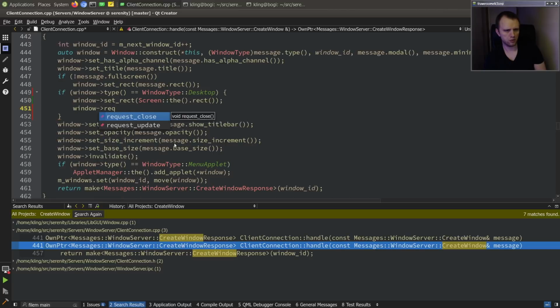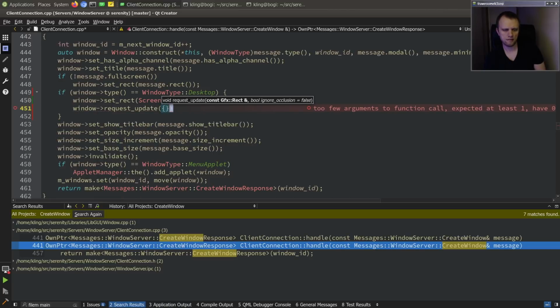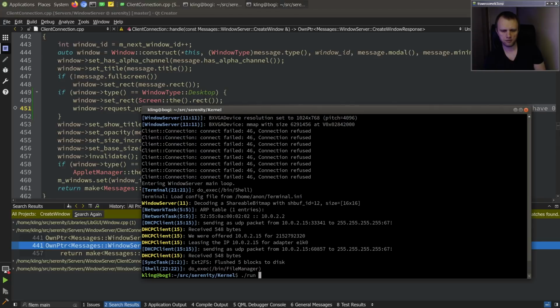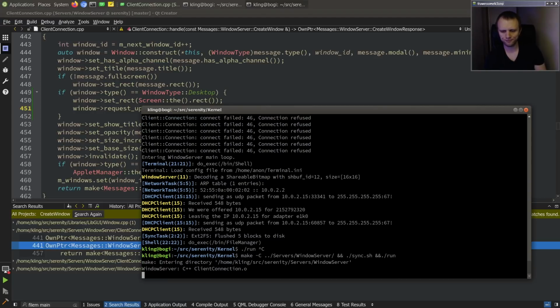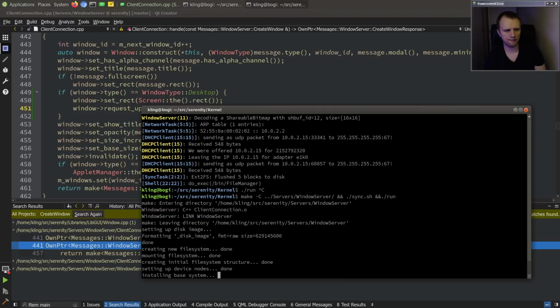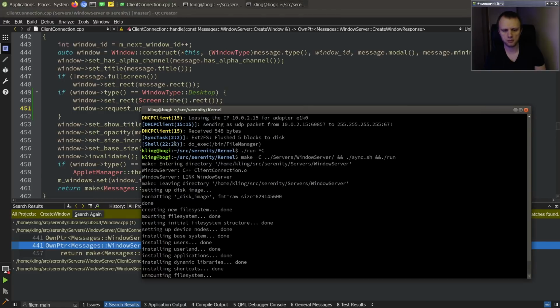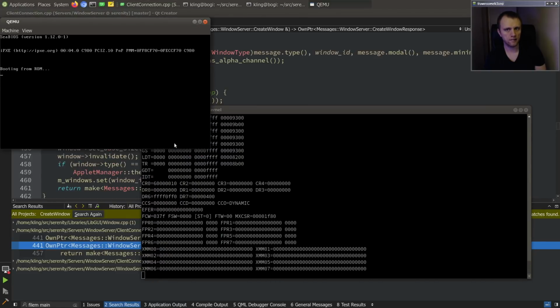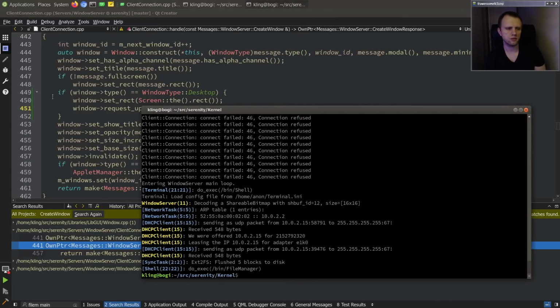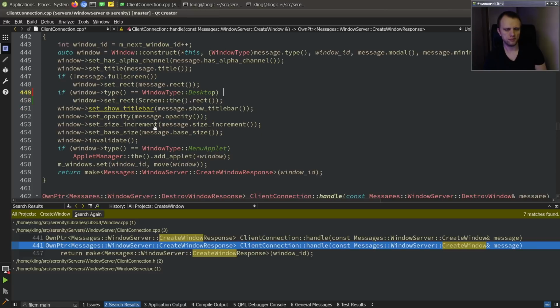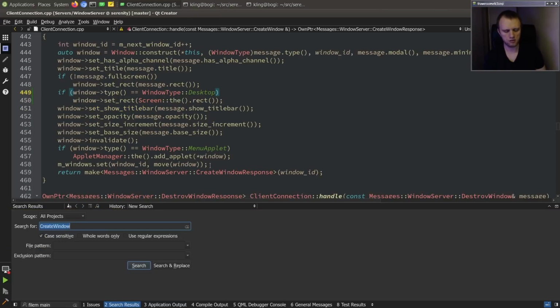I guess we can do a request update. Does that work? Otherwise, we can just drive the update from the file manager app. It's not such a big deal. Just kind of curious what this would look like if we actually request an update immediately. See if he would care. No, he doesn't. All right, so let's just do that, and